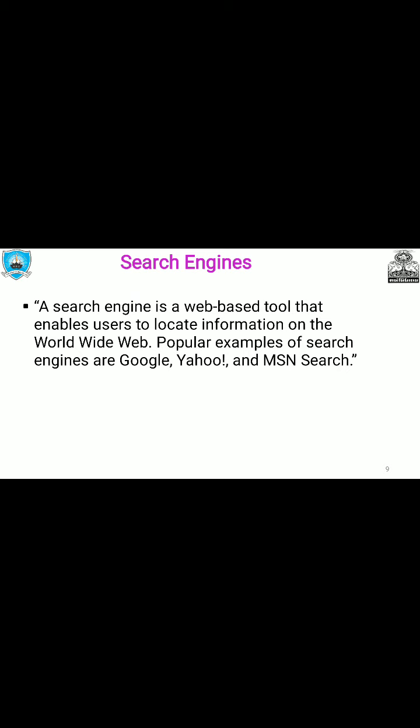A search engine is made up of three parts: spider, database, and search tool. Spider crawls across the internet to collect information. Database contains all the information that the spider collects. And last, the search tool allows people to search through the database of the search engine.